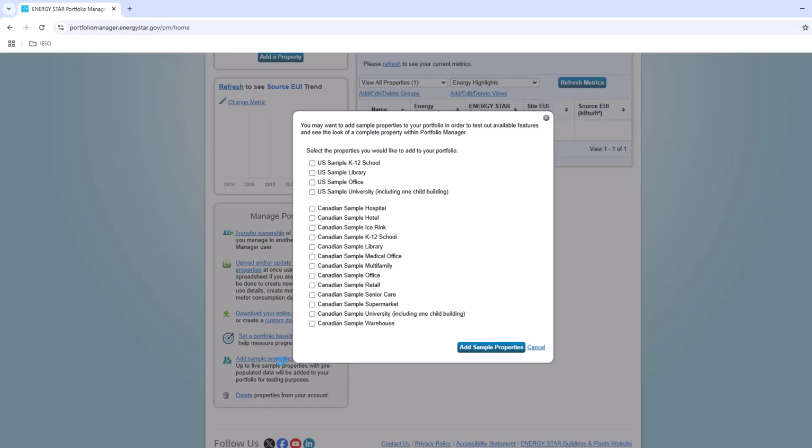Clicking this link opens a new screen where you can select a sample property type. While you're not required to add sample properties, they can be useful for testing and getting comfortable with the ESPM platform. These sample properties come with preset details and values based on standard building types as defined by Natural Resources Canada. Today, we'll add a couple of sample properties so we can show you ESPM's functionality and how to navigate